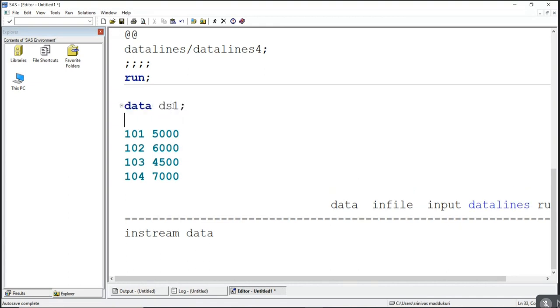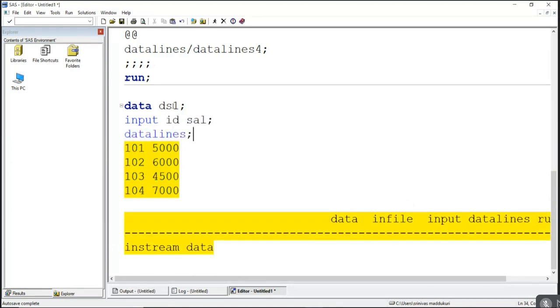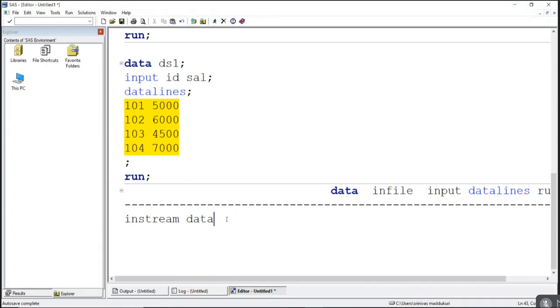Data ds1. Do you require infile? No. Input: ID, salary. Then datalines, semicolon, and finally run. Now tell me, if you want to create a data set from in-stream data, do you require an infile statement